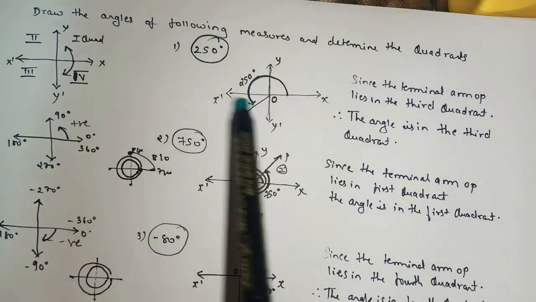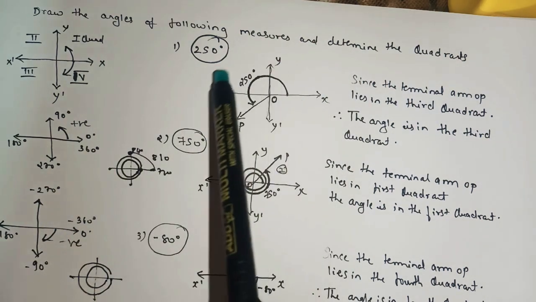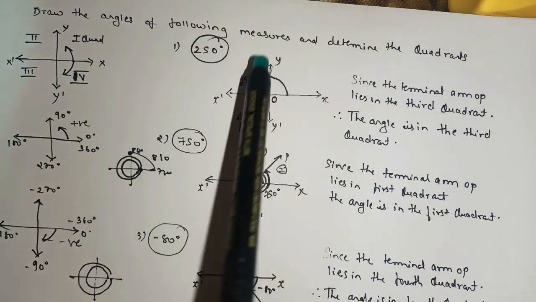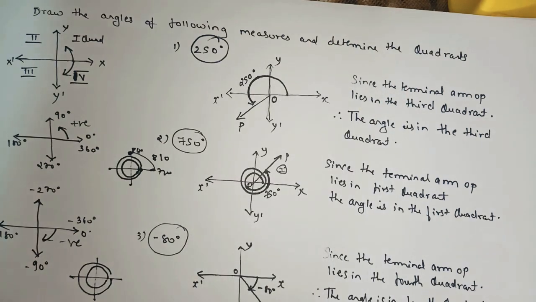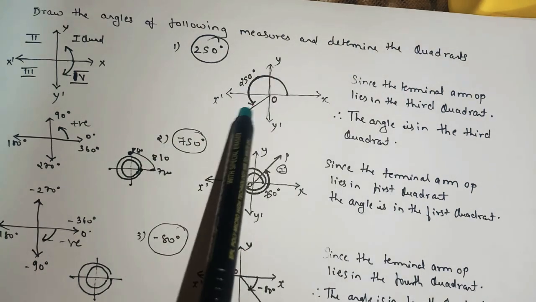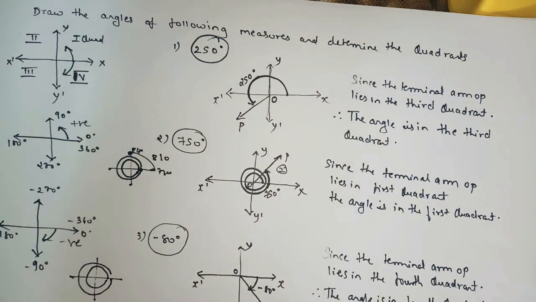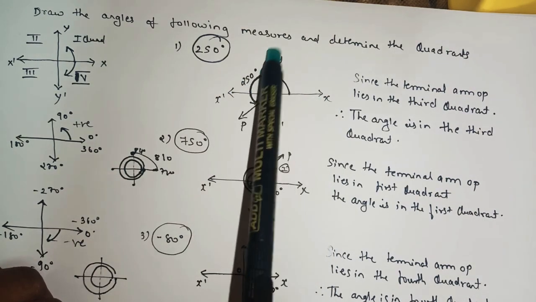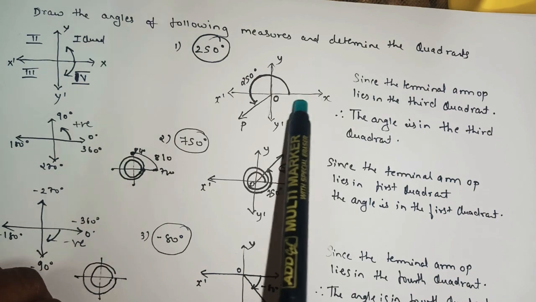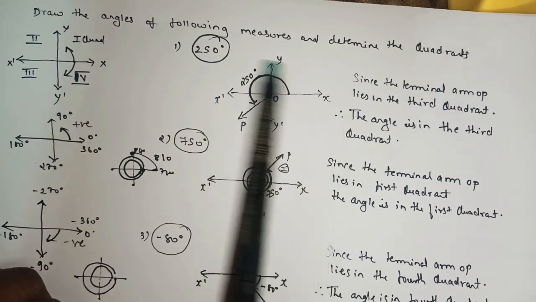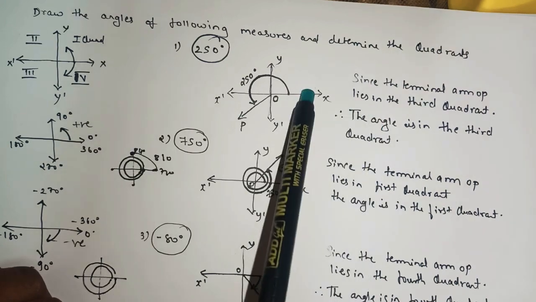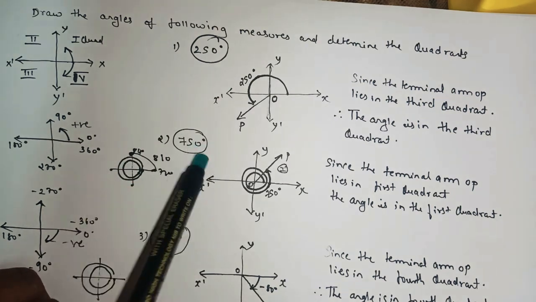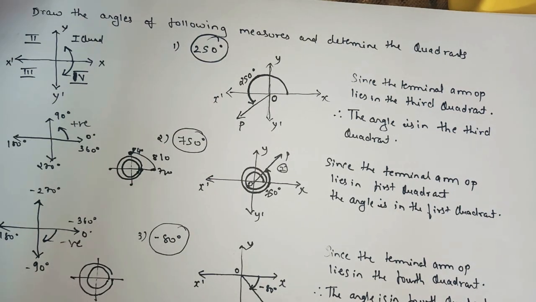Simply draw the x and y axis, draw the ray showing the rotation, and state in which quadrant it lies. You have to draw the diagram as well as write the sentence. This part will come for 2 marks: 1 mark for the diagram and 1 mark for the statement. If you want, you can write 0 degree, 90, 180, 270, 360, or else simply show the x and y axis, the rotation and the terminal side, and just write the angle. I hope you all understood this part also.